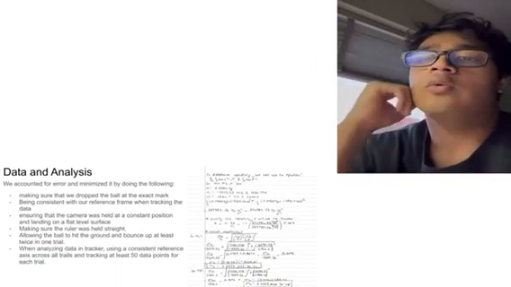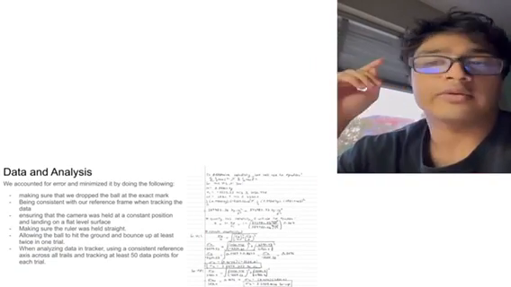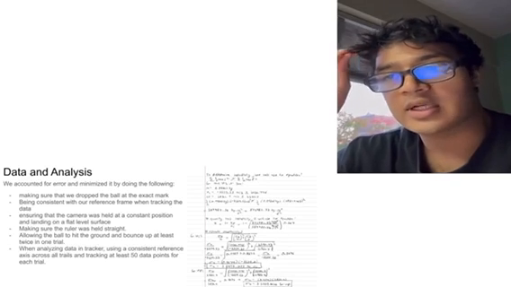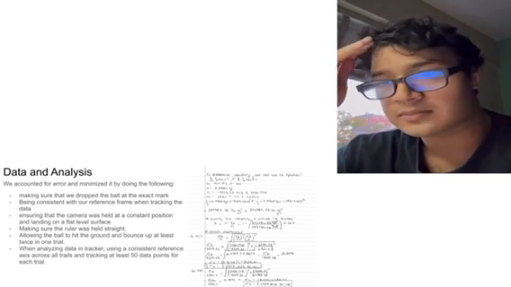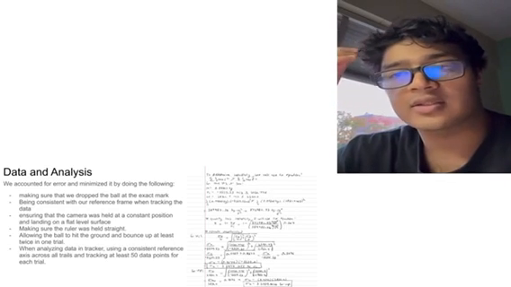As for the data analysis, we accounted for error by minimizing it by doing the following: making sure that we dropped the ball at the exact same mark, being consistent with the reference frame when tracking data, ensuring the camera was held at constant position and laying on a flat surface level, making sure the ruler was held straight, allowing the ball to hit the ground and bounce up at least once in a trial. And when analyzing data, we used a consistent reference axis across all trials and tracked at least 50 data points